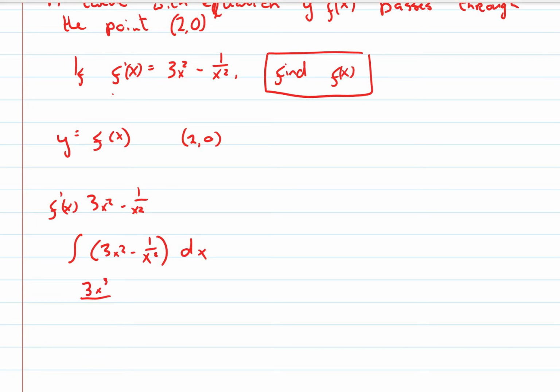I'll rewrite it first: 3x squared minus x to the power of minus 2. Now I'll integrate it, and I get 3x cubed over 3